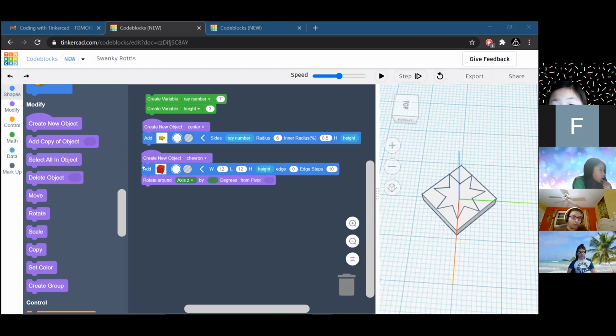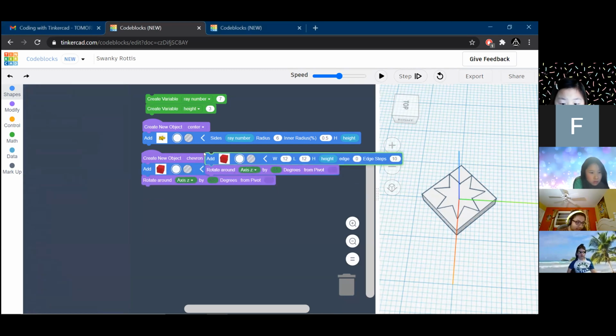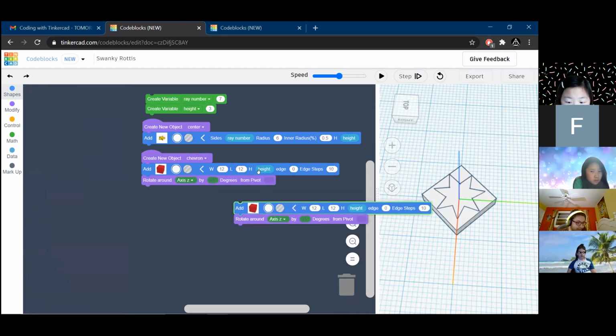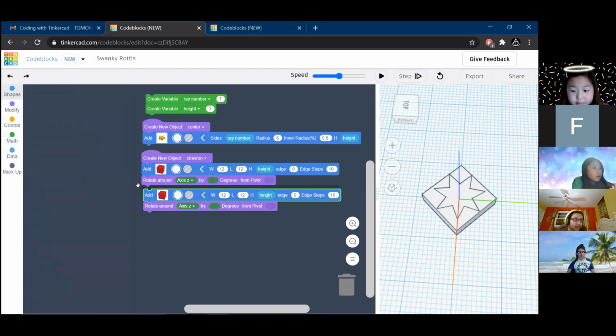Now what we're going to do is hold our mouse right above where it says add, and right click and click duplicate. And now we get this new block on our hands, and we are going to drop that right underneath here.